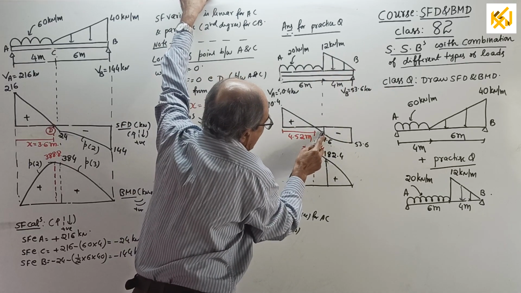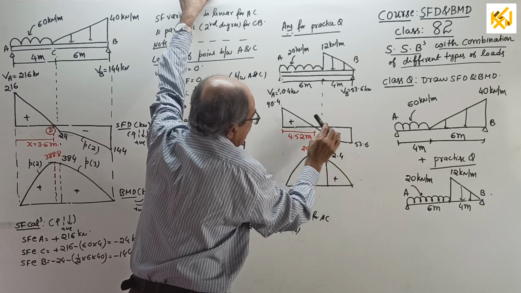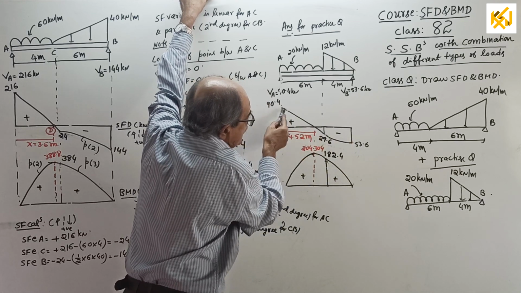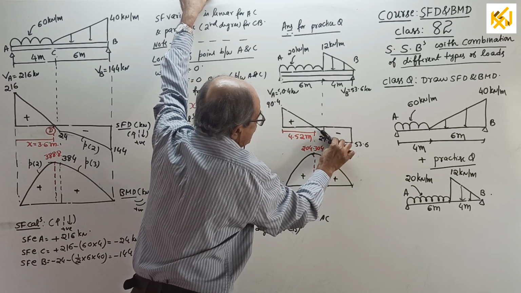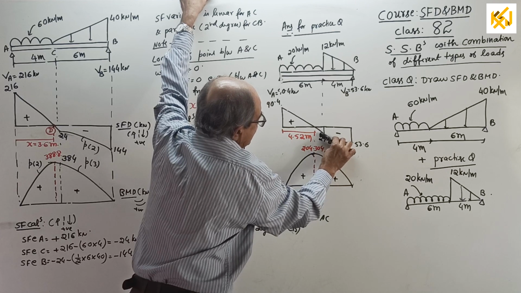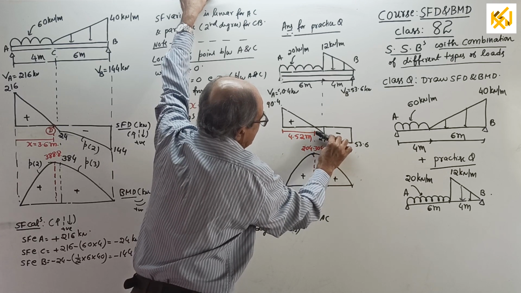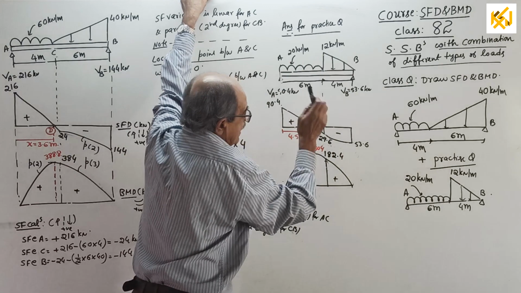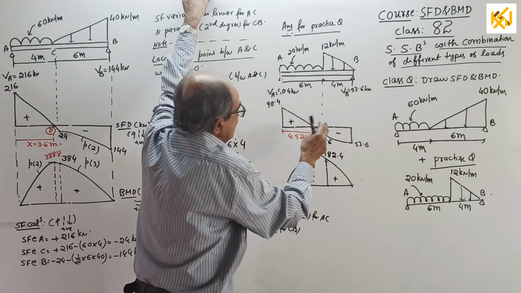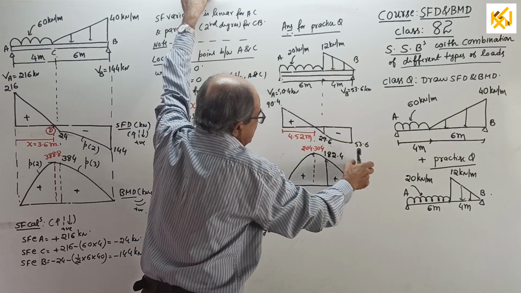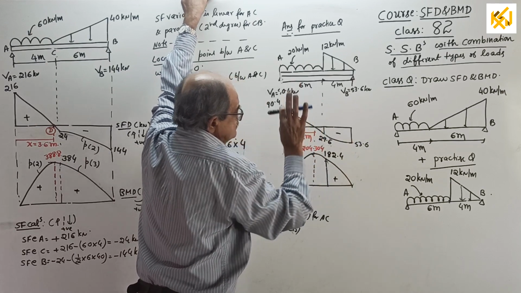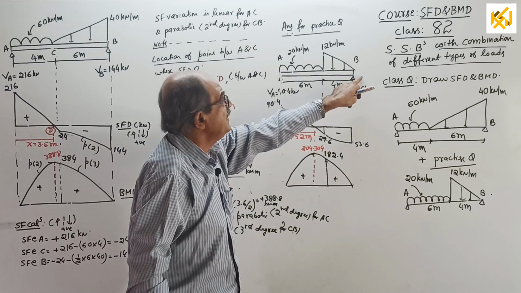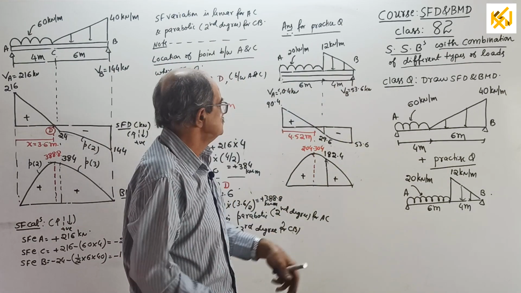So if you draw a tangent here, that slope should be slightly less than the slope of this line. If I draw a tangent here this way, it is not possible. It should have a little lesser slope here, this side. Or if I continue this tangent, the slope should be lesser there. Here, slope should be 0. Why? Intensity is 0.